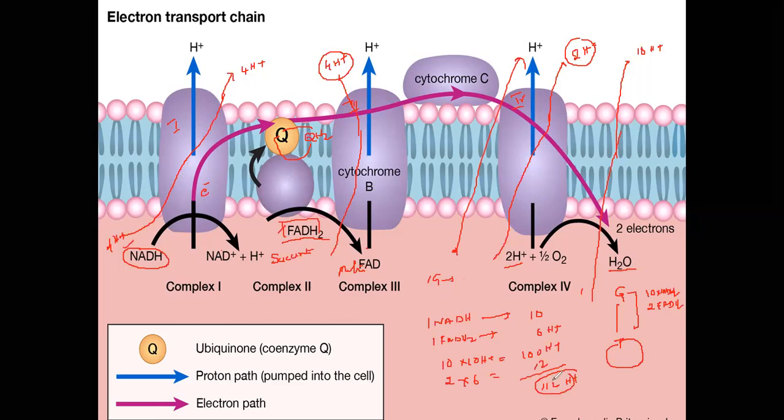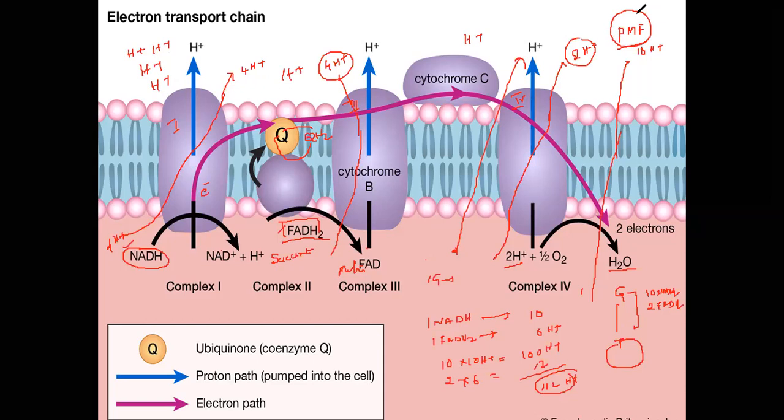Imagine how many glucose molecules are there in the cell, and when they break down, they produce NADH2 and FADH2. They undergo the electron transport chain and participate in the proton movement, and they create a proton motive force, PMF, across the membrane. Now all the protons move from inside to the outside. The proton concentration outside will increase. The proton gradient will increase abruptly outside, so it leads to an increase of the proton motive force.